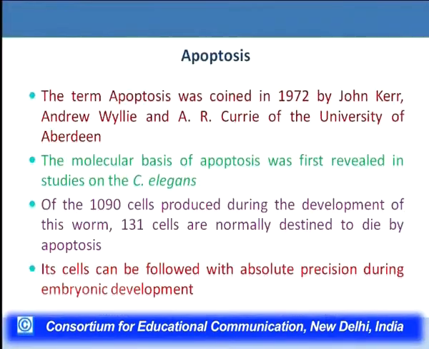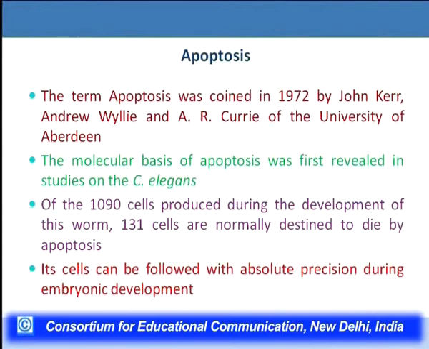Now this particular term apoptosis was coined in the year 1972 by John Kerr, Andrew Wyllie and A.R. Currie of the University of Aberdeen in Scotland. And the molecular basis of this process, how different molecules take part in apoptosis, was elucidated first of all in the nematode C. elegans, that is Caenorhabditis elegans, and this occurred because of a fixed number of cells which are present in this particular organism. As we know, there are 1090 cells which are formed during the development of this particular worm,